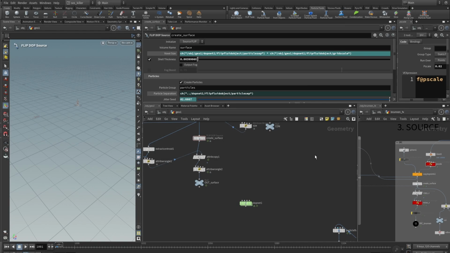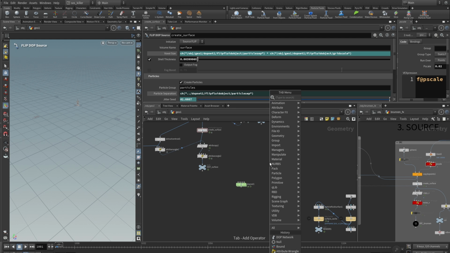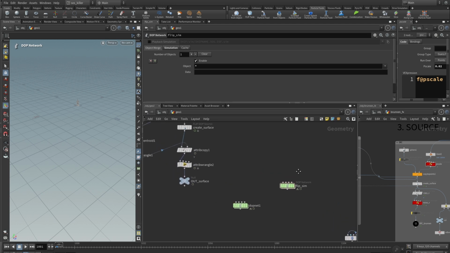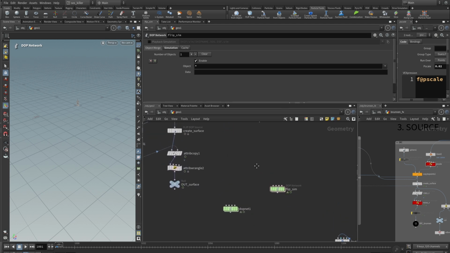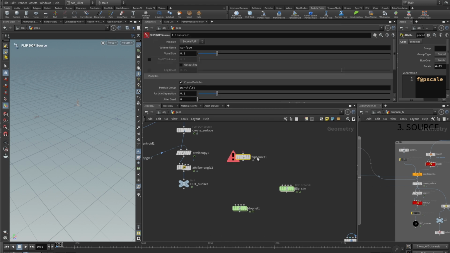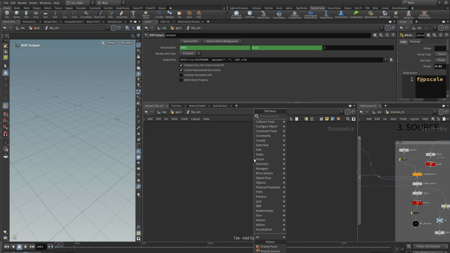Okay, now you're kind of familiar with the flip setup. Let's create it from scratch. I will create a new dot network. I will rename it to flip sim. Okay, and now let's create a new flip source. Flip source, this guy is. Okay, now let's go inside and create flip object,